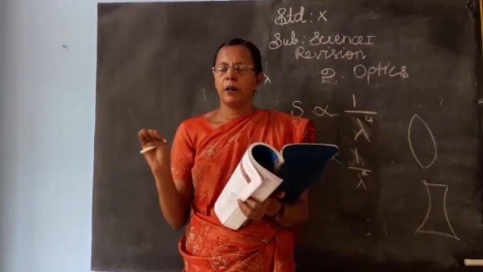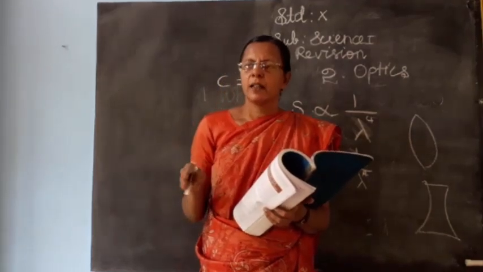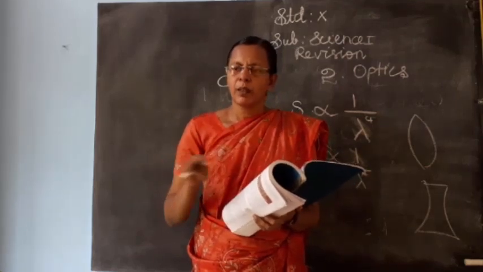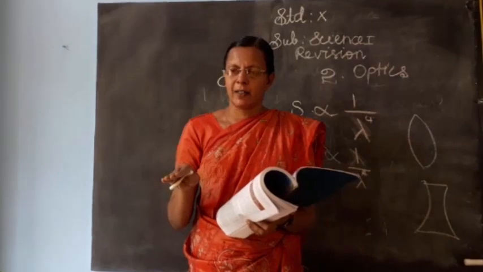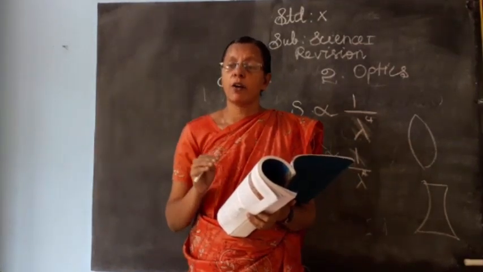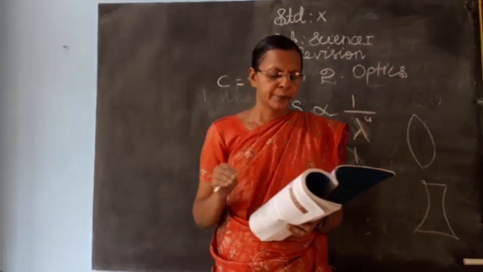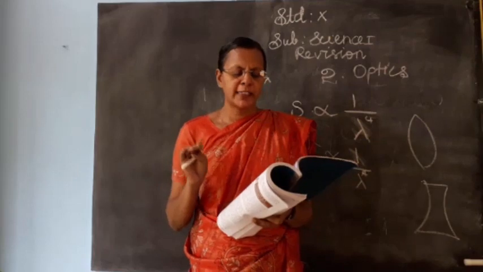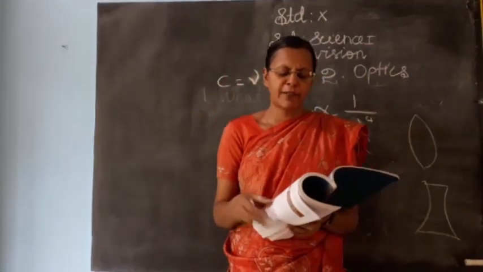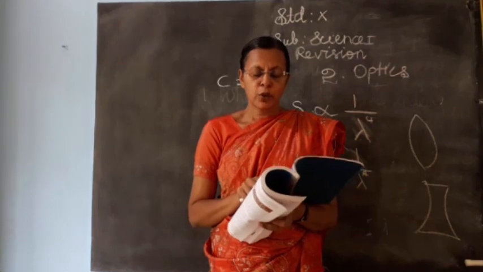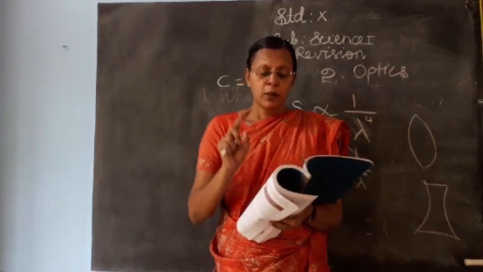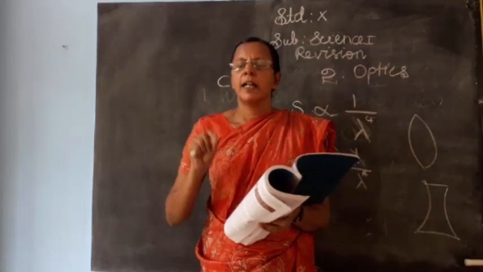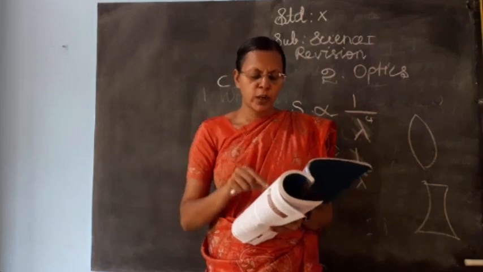Okay, at the surface where the air medium and the water medium are on the border. So why is it happening? Because of the refraction of light only. Okay, when a ray of light travels from one transparent medium to another, the path of the light undergoes deviation. This deviation of the ray of light is called refraction. Okay, then in that same paragraph down you see the velocity of light is more in the rarer medium and less in the denser medium. Okay, there are two laws of refraction.